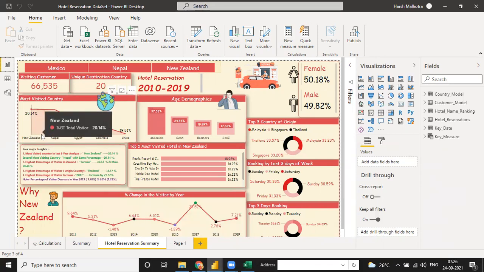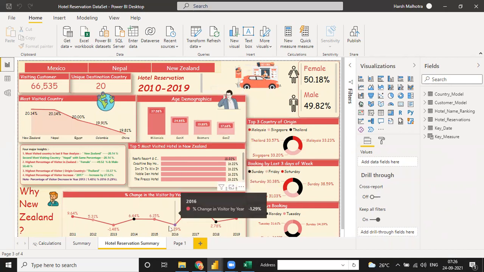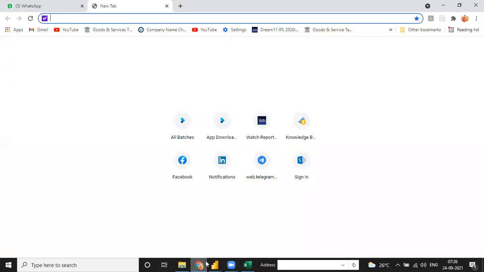So if I want to add one more slide for New Zealand, then I need to specify New Zealand with a different kind of function, like total New Zealand customers only, total average customers of New Zealand. We need to discuss New Zealand purpose only. So that is the reason for using that kind of DAX. Now it's clear for you.